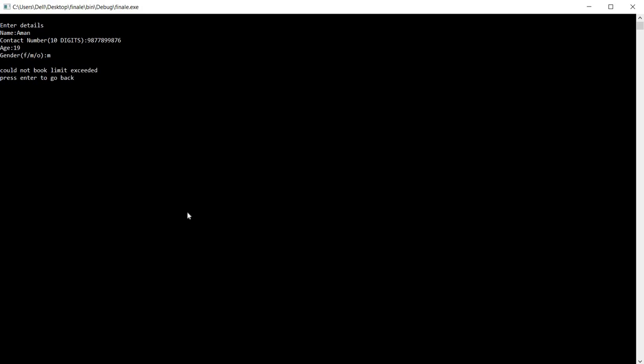So as you can see, the bus ticket booking system could not book as the limit has been exceeded. There are 8 tickets already, 5 of which are booked and 3 are waiting. But when the 9th person comes, the ticket will not be booked. So let's press enter to go back.